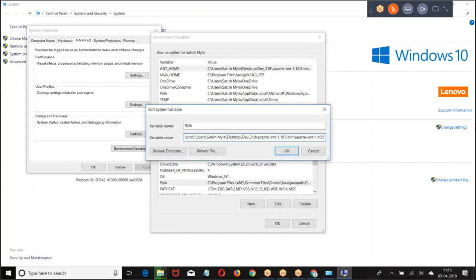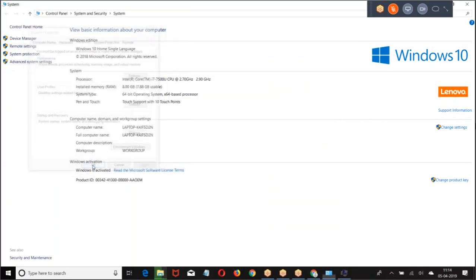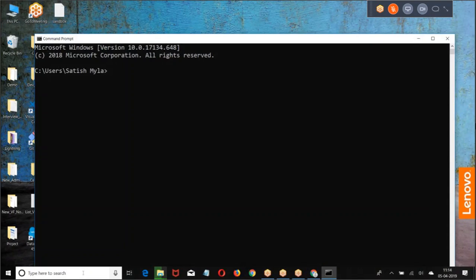In semicolon, and then ant -version, and ANT is installed. So Java should be installed and downloaded.